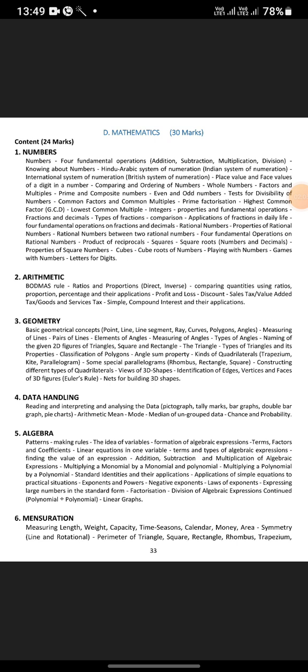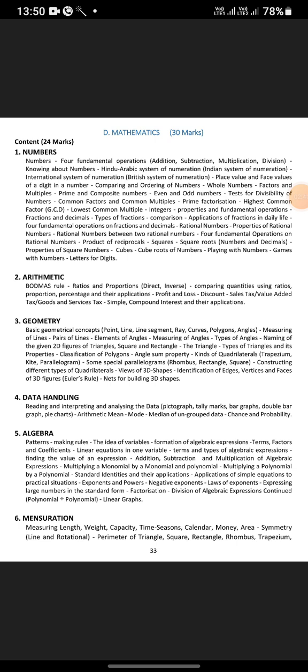ray, curves, polygons, angles, measuring of lines, pairs of lines, elements of angles, measuring of angles, types of angles, naming of the given 2D diagram, figures of triangles, square and rectangle, the triangle, types of triangles and its properties, classification of polygons, angle sum property, kinds of quadrilateral, trapezium, kite, parallelogram, some special parallelograms, rhombus, rectangle, square, constructing different